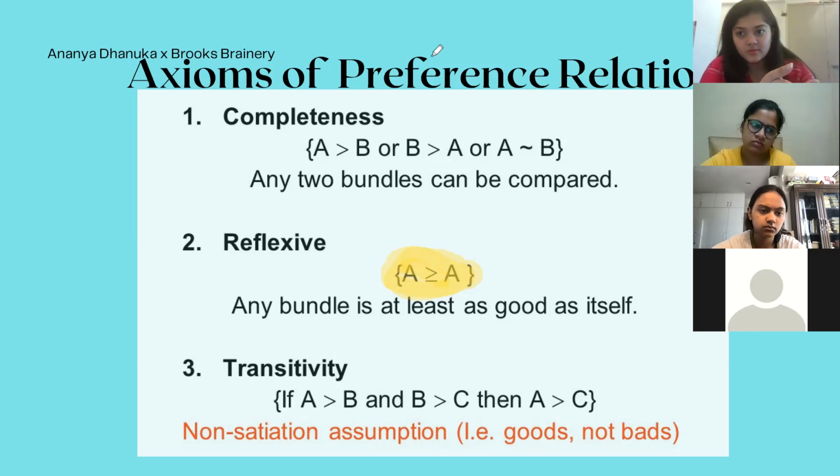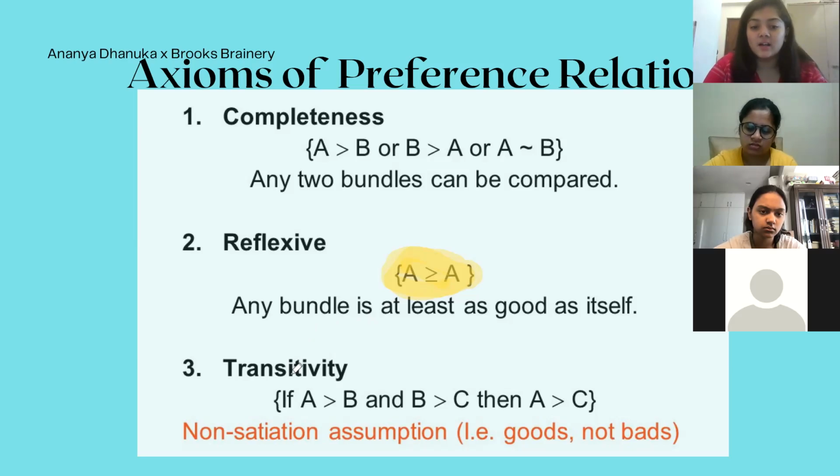2 is equal to 2, right? 2 can't be equal to 3. It's obvious. It's so obvious. And they've really just stated it here. Okay, and it's called the axiom of sanity. So we'll let you know about it. But this is the second assumption that's there, that any bundle is at least as good as itself. So you will have to choose that bundle if there are, let's say, no better bundles provided.